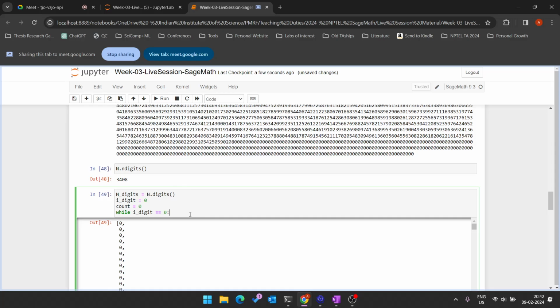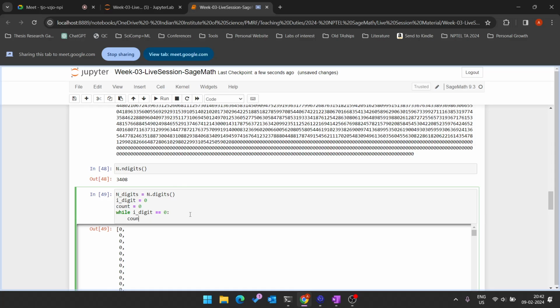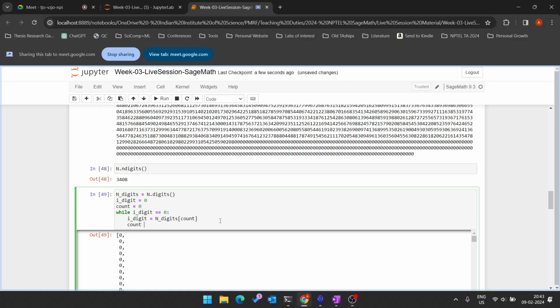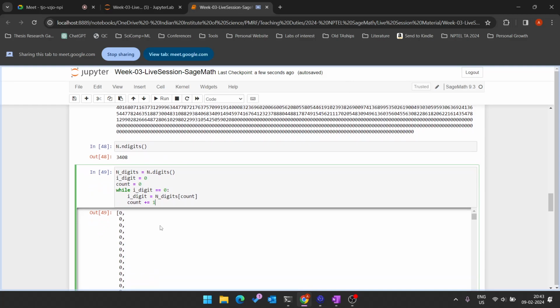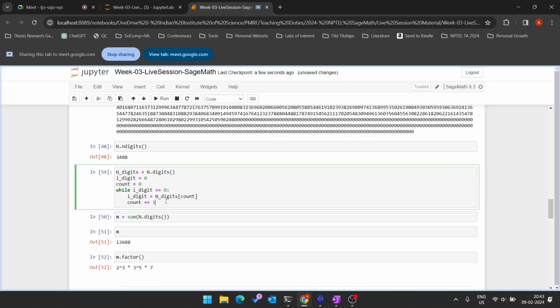I want it to count. While I digit equals 0, I am replacing I digit with n digits of count. So this will take the first value, and if it is 0, then count is incremented. So if I do this, and now I print count,